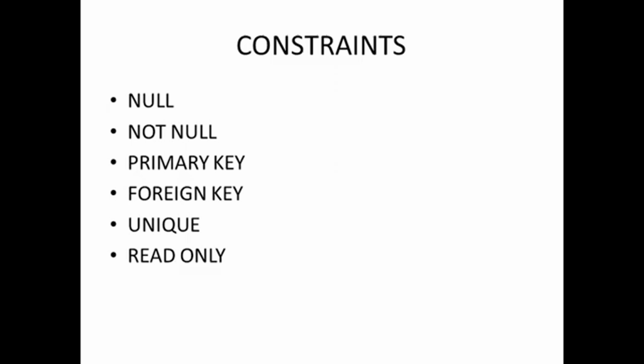Remember, in a table you cannot have more than one primary key. It must be one. And then there's another constraint which is read only. So what we are going to look at in this tutorial, we are going to focus on these: null, not null, primary key, foreign key, and then unique. And then we are going to get a clear understanding of how we are going